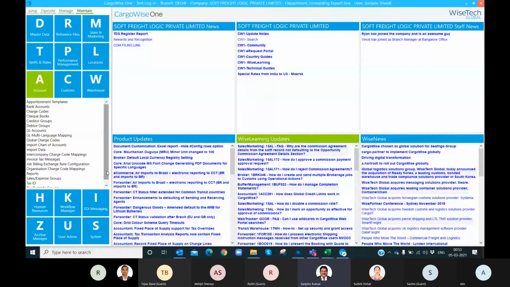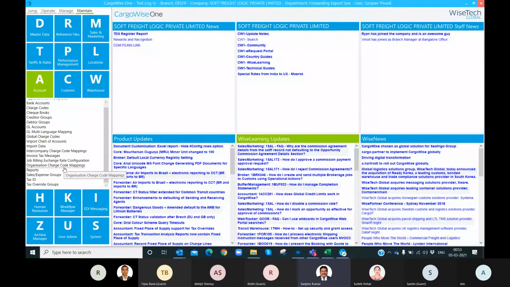Right. For all your login companies, there will be standard tax IDs. I believe in your US login, tax IDs are not there. Tax IDs will obviously be there. I'm telling you, suppose there is one group company which is India based.